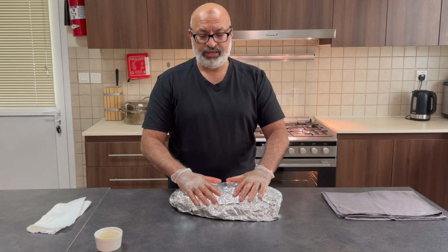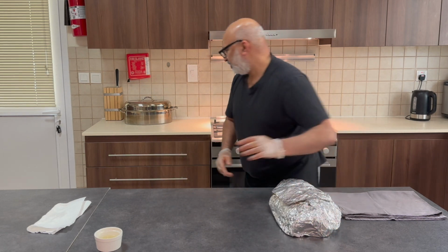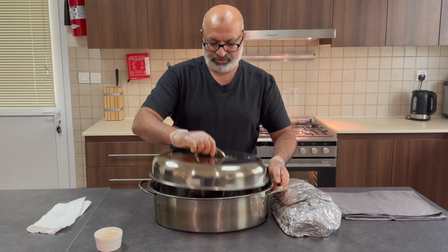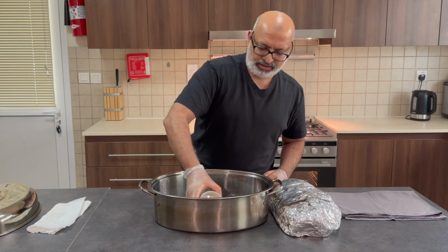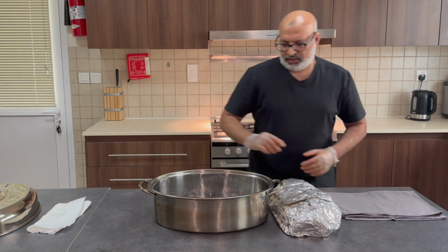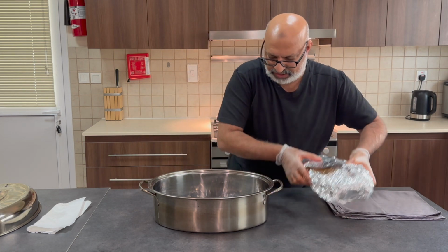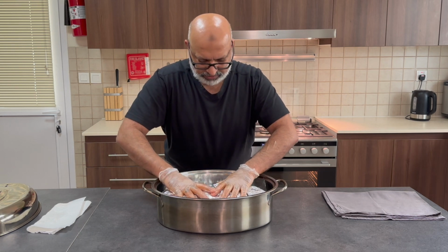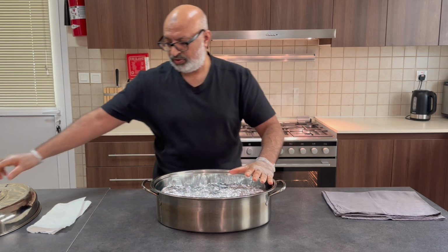So that's my lamb ready, and now we're going to put it in its bed, which is just behind me. Now I've got this pot roast pan I've used many times. In there I'm going to pour in 1/4 cup of white wine vinegar. And I'm going to place the lamb directly within it. There's no need for water or anything else. What we're going to do now is cover it